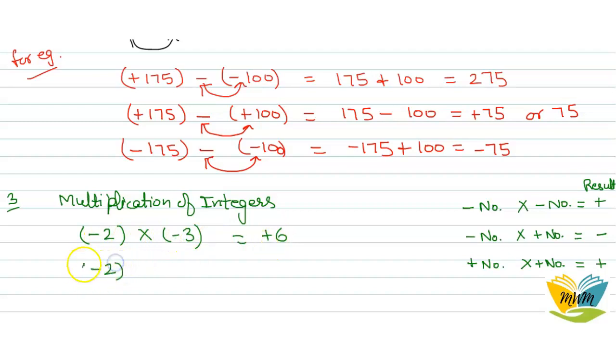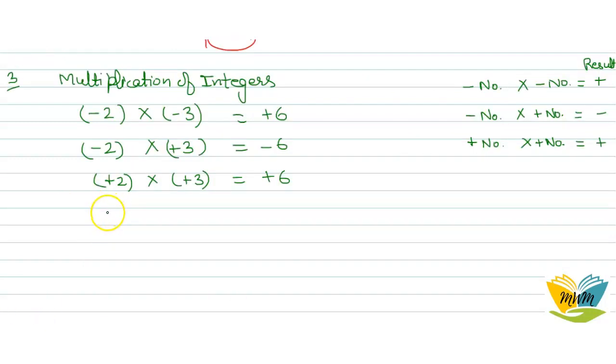Now minus 2 is multiplied with plus 3. 3 2s are 6 and plus minus minus. Now when plus 2 is multiplied with plus 3. 2 3s are 6. 2 is a positive symbol and 3 is also a positive symbol. Plus and plus means plus. We get plus 6.